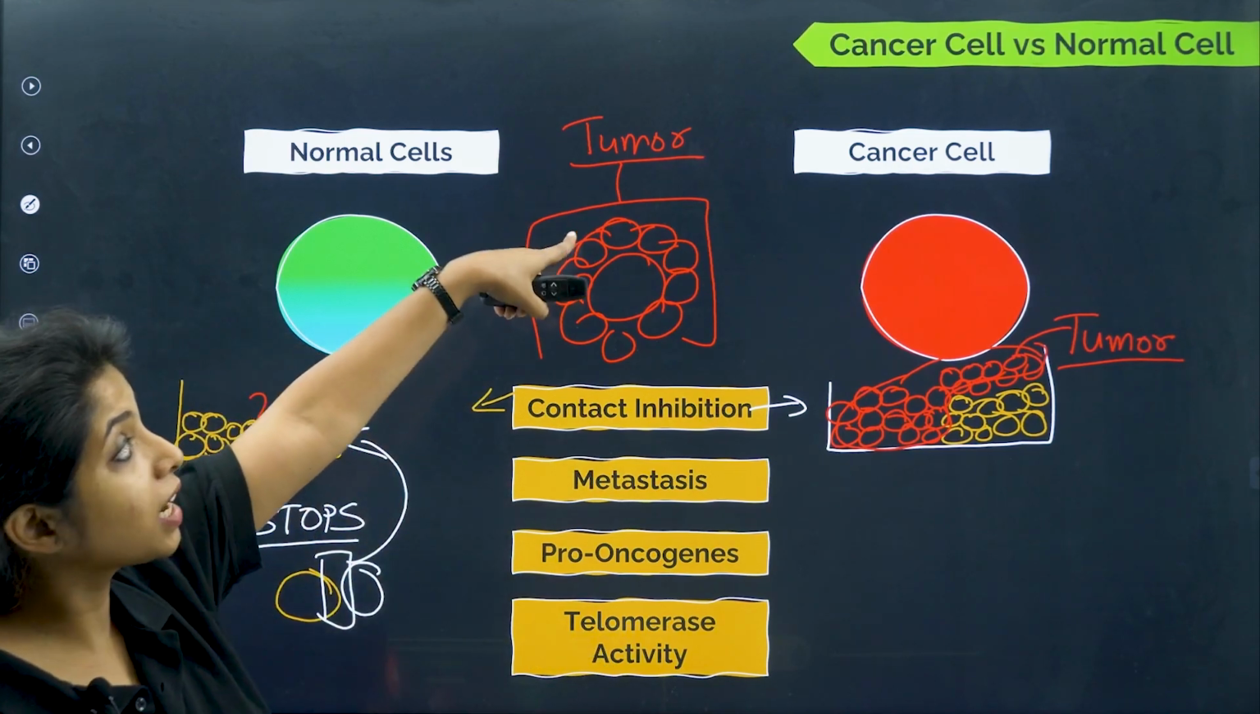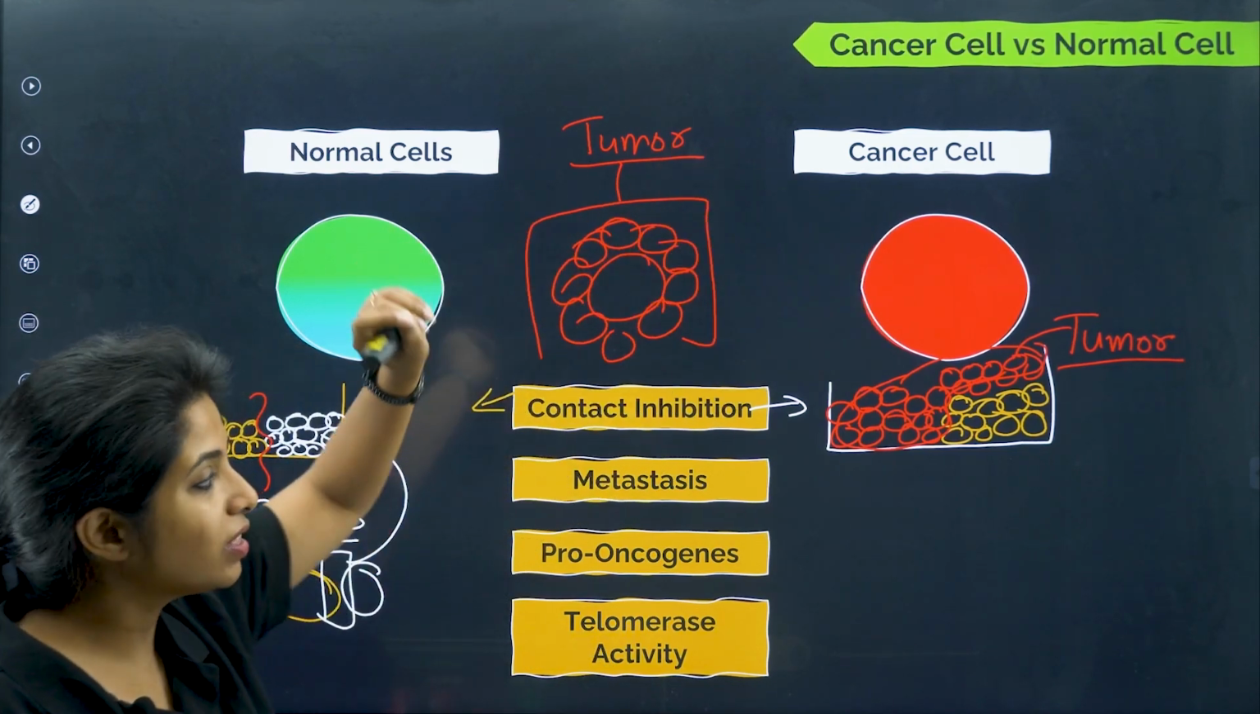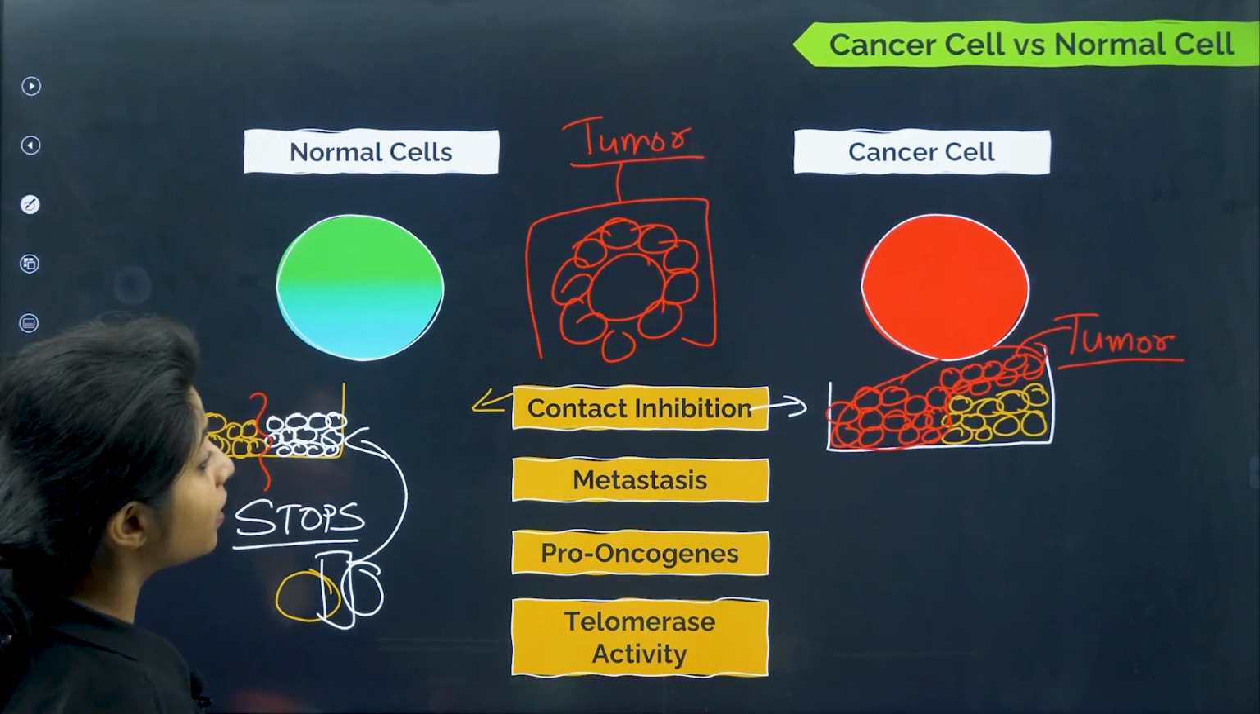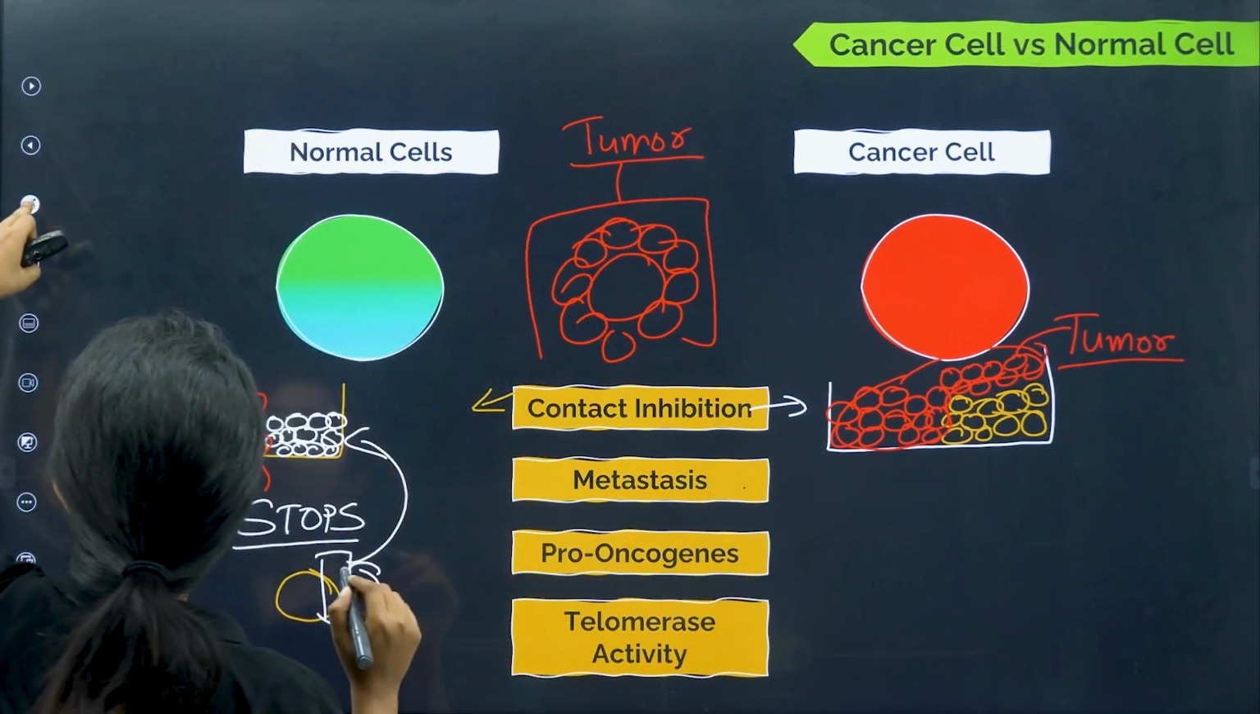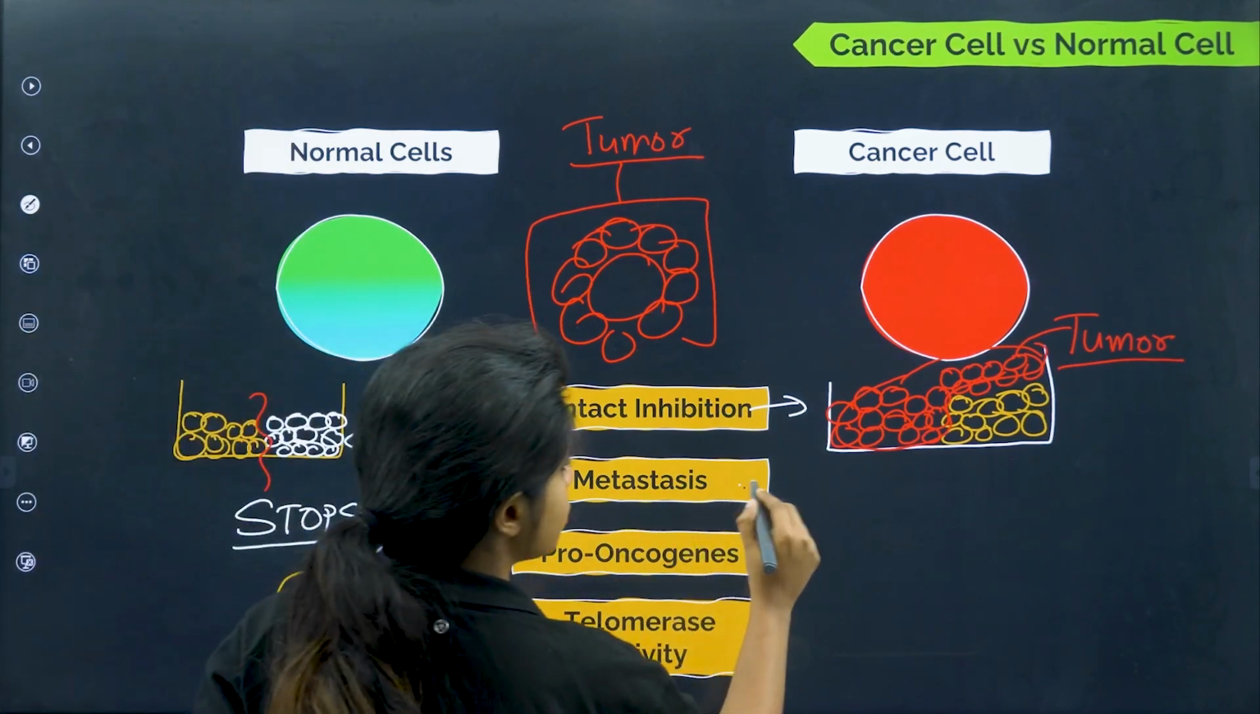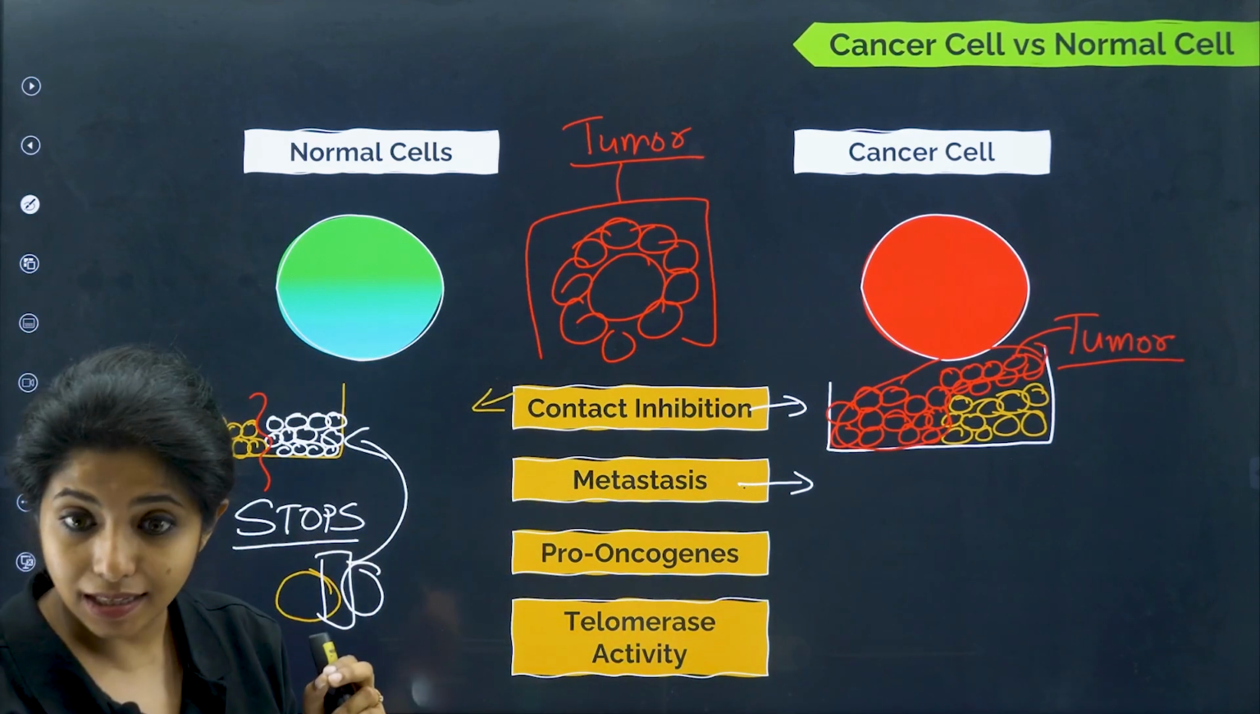Now, when I'm saying one type of tumor cells is cancerous, with that I am going to talk about the next thing, which is known as metastasis. What do you mean by metastasis? Metastasis means basically the cells